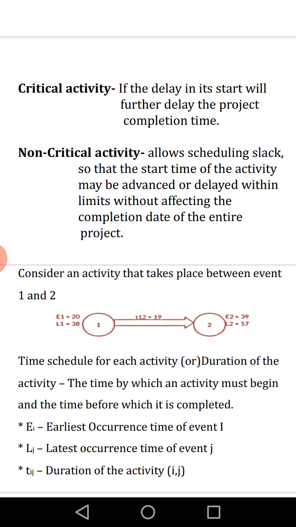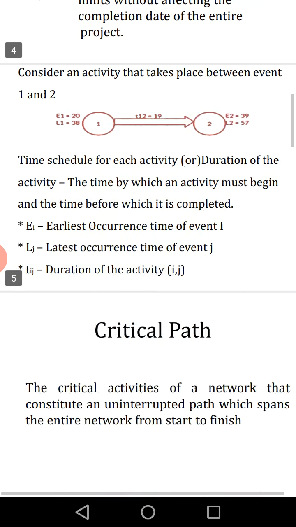Then what is a non-critical activity? An activity which is not critical is a non-critical activity. It means that even if the activity starts late, it will not affect the project completion time. So it can be started earlier, or it can be delayed, meaning it can start after the actual time it is supposed to start. So this is about the critical and non-critical activity.